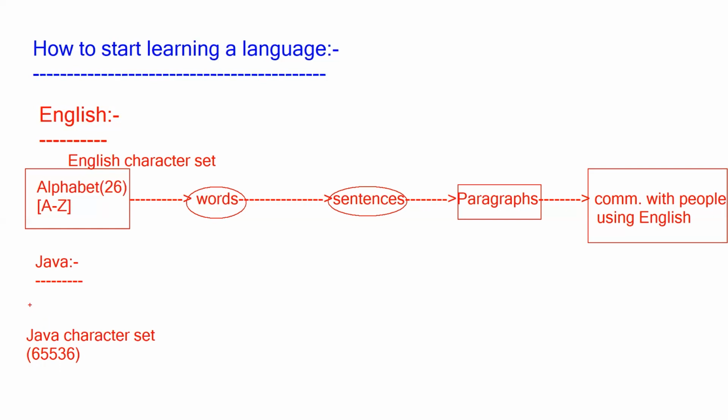The range of the Java character set is 0 through 65,535. This is the range. We'll see later what that range is. Then once you learn the Java character set,